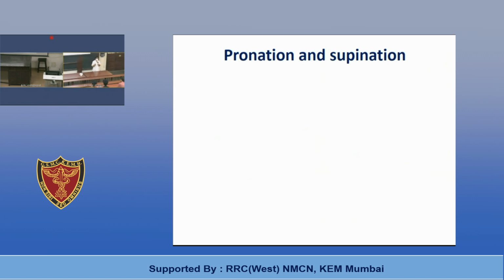Now coming to the important part, the supination and pronation movements. Whenever you describe movements occurring at the elbow joint, describe only flexion and extension because it is a hinge variety of synovial joint. And supination and pronation, these movements are occurring at the radioulnar joints, to be specific, the superior and inferior radioulnar joints. So can anyone define supination and pronation? All of you know about the anatomical position. So how will you define these movements, supination and pronation?